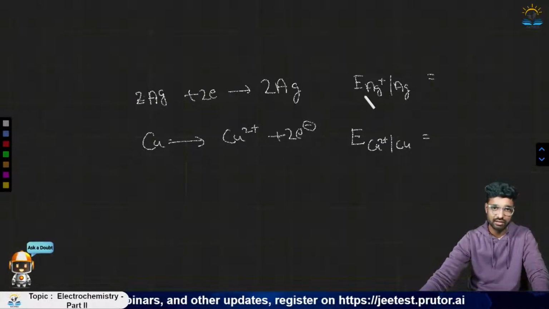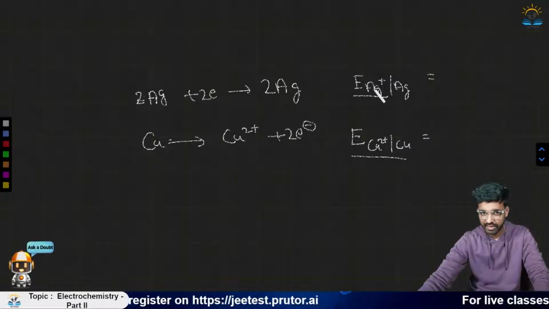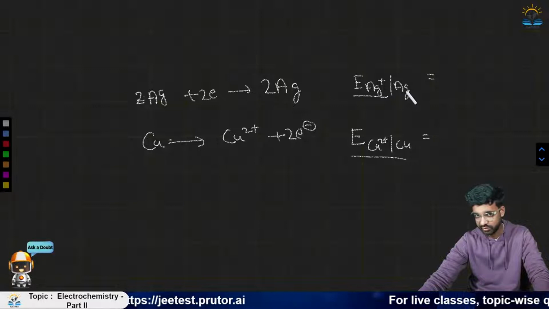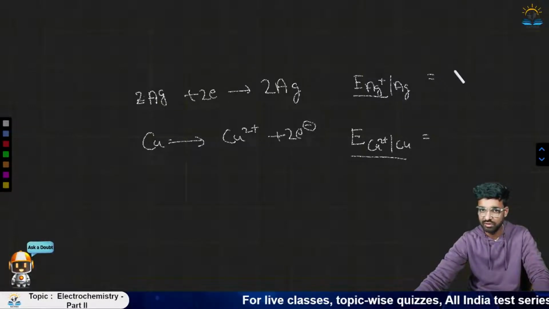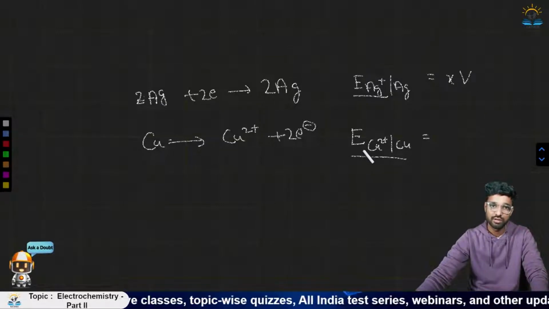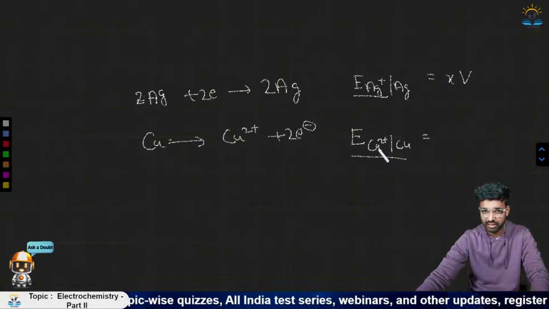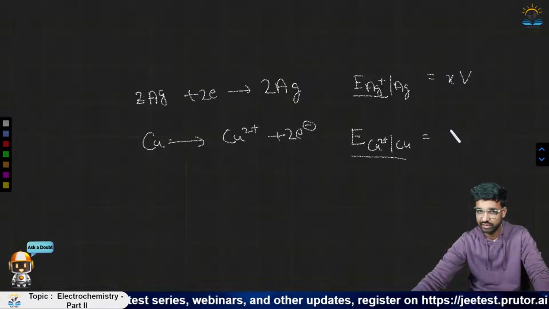So for the half cell, we have different E cell. This is the thing. So we are seeing that Ag+ is going to Ag. That is, it is getting reduced. So it is the reduction potential. So whatever value will be given, it's called as reduction potential. So say it is X volt. And similarly, since Cu2+ is getting to Cu, it will be the reduction potential of Cu2+, that is